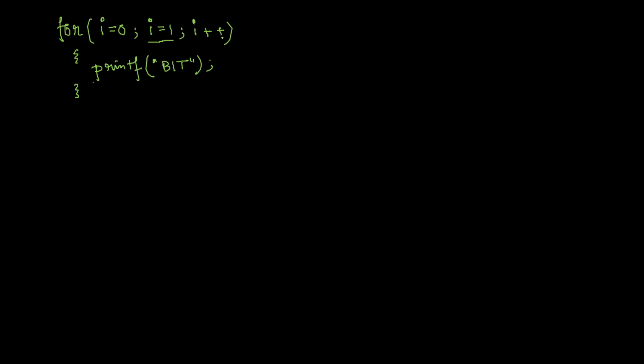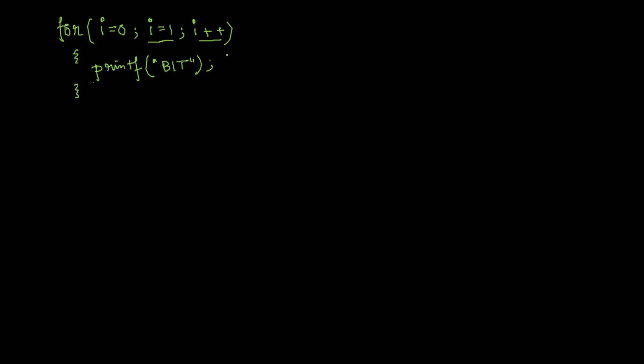Why? Because after incrementing, the previous value of I was 1, then I plus plus, that means 1 plus 1 equal to 2. After executing this C part, when again the B part executes, I will be reinitialized to 1 again. And again it will be true, and bit will be printed, and then again I will become 2, and then again I will be reinitialized to 1. So basically this statement doesn't have any effect. Now if there is no effect, is it needed to write anything over here?